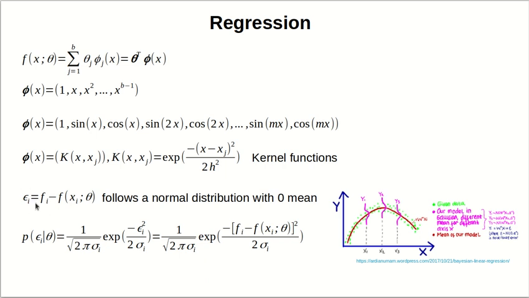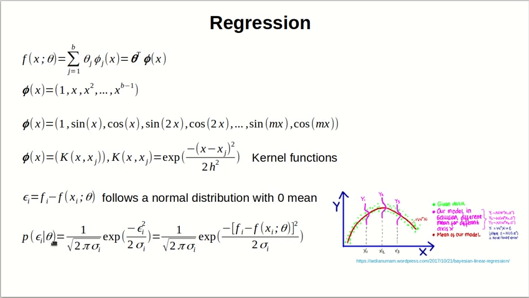And that's going to be our residual. We're going to assume that this residual, epsilon i, follows a normal distribution with 0 mean. So epsilon i is going to be a normal distribution, and the mean for that normal distribution is going to be 0. And then the conditional probability for epsilon i given theta,